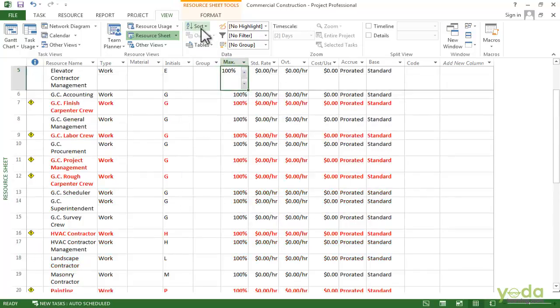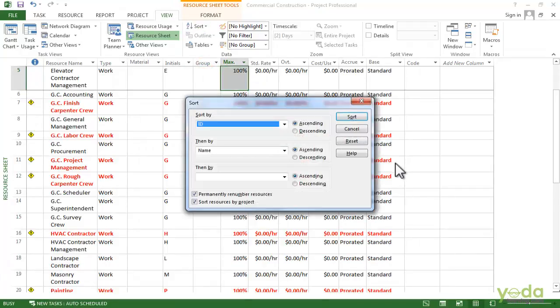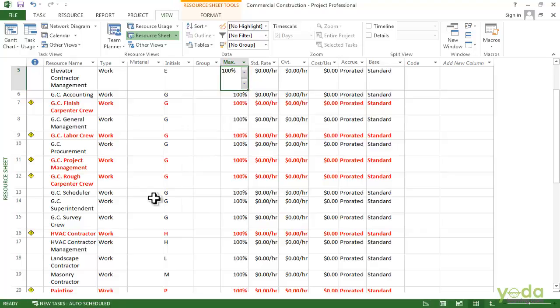And if you have permanently renumbered it and you don't want the other resource sheets to be permanently sorted, you can uncheck this option and say sort, because that will mean that any other time you sort the resources, it would permanently renumber it, and that's not what you want. So turn that off and then just click cancel, and now you are all set.